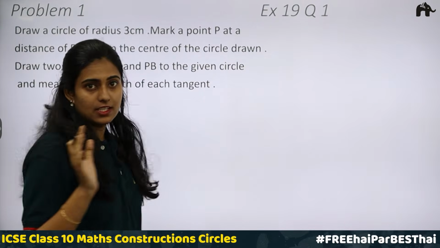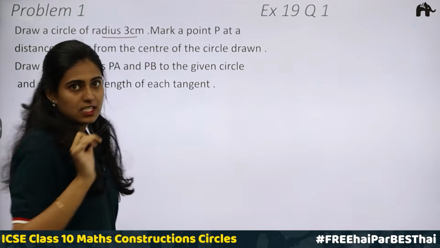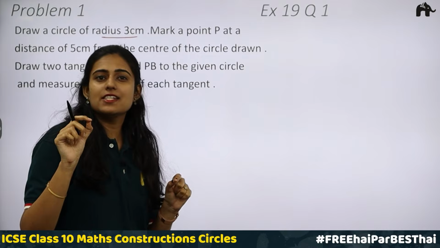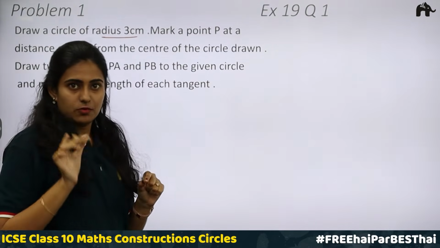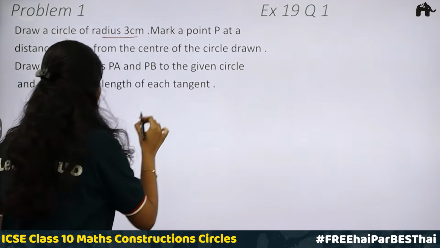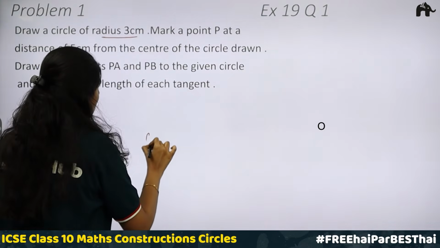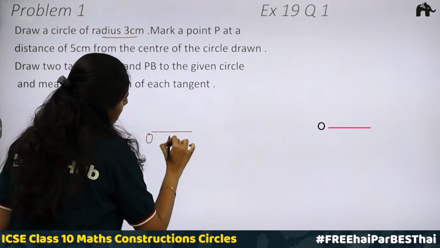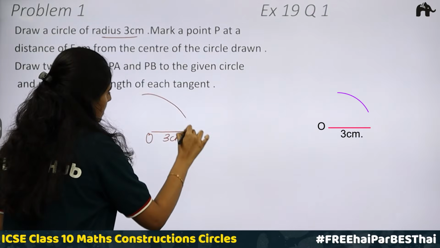We know to draw a circle. How to draw a circle? We need a circle of radius 3 cm. First, take your ruler and the compass. Put the pencil inside the compass and measure 3 cm. You know to measure 3 cm? Okay. Now considering a center O, will draw 3 cm circle. So this is my circle